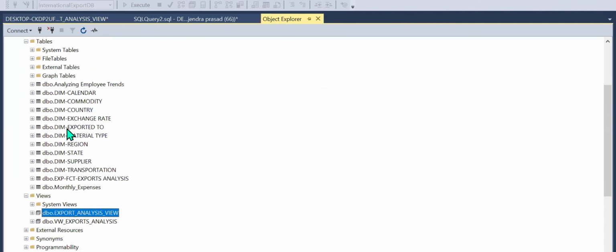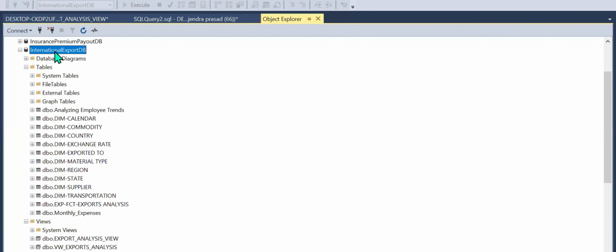What is the data that the client mentioned? The client mentioned international export to DB. And under that, we have all this information: calendar, commodity, country, DIM exchange rate, exported to, material type, region, states, supplier, transportation, and also what do we have? We have